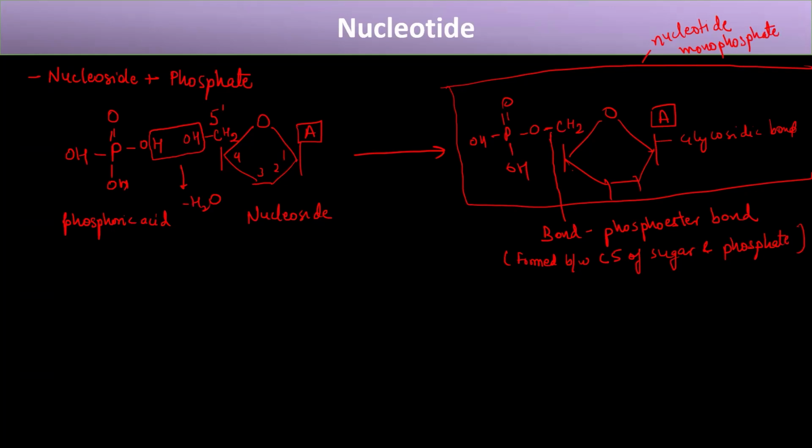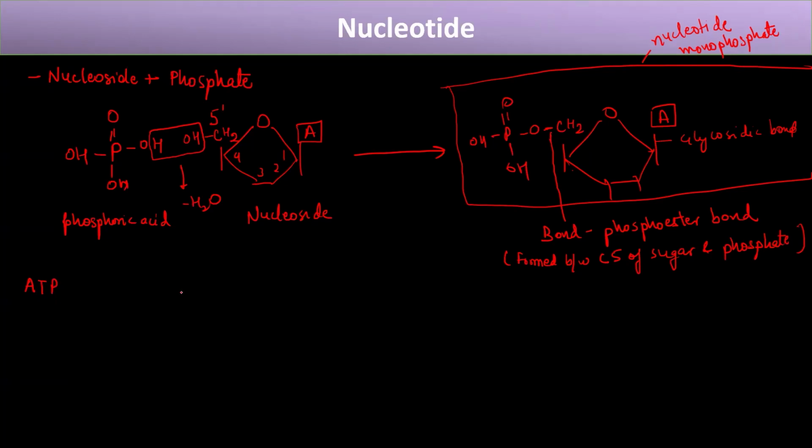Now, if you want to draw the structure of triphosphate, because we have studied briefly about ATP, right, that ATP stands for adenosine triphosphate. And it is the powerhouse of the cell, like it produces the energy, right? So the mitochondria generate ATP, and ATP is what? It is a form of energy, right? So if you want to draw the structure of ATP, ATP is also a nucleotide because it is adenosine triphosphate. It has phosphate and it has